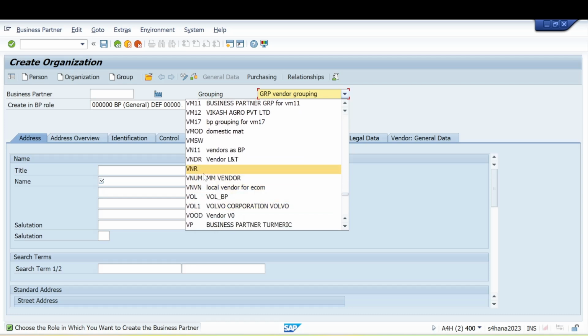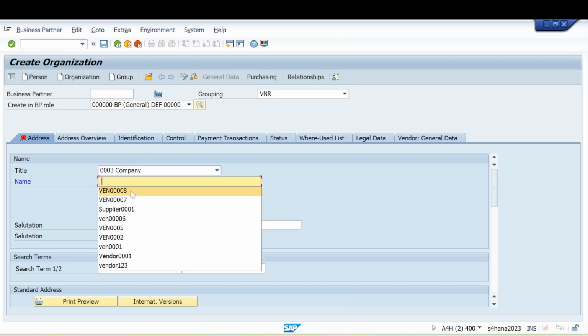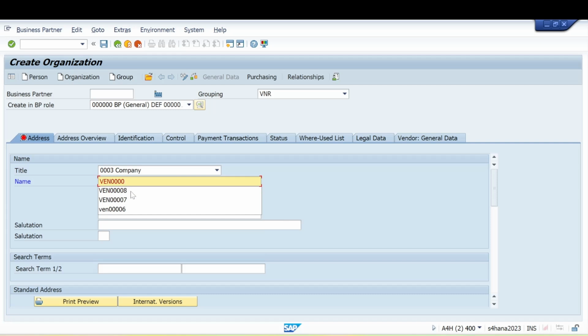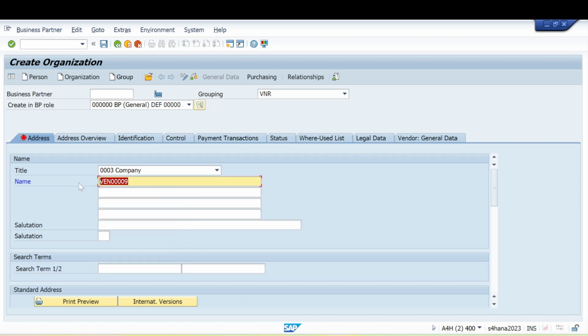So this is also a ticket. If someone makes changes like that, then we have to resolve that. So that's the reason I used to recommend don't make unnecessary changes in standard data.